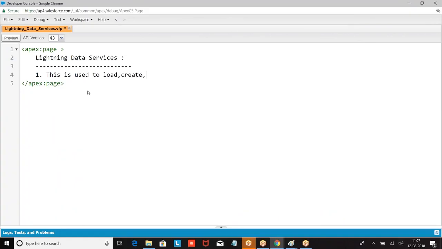Load, create, data from the S object without interacting.